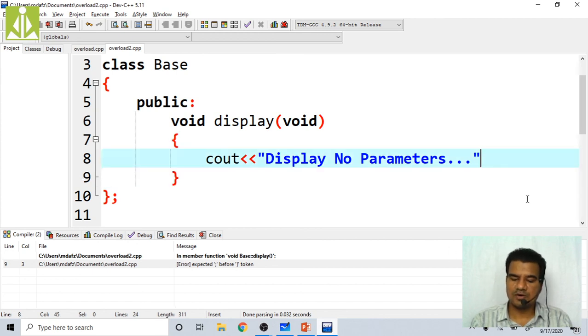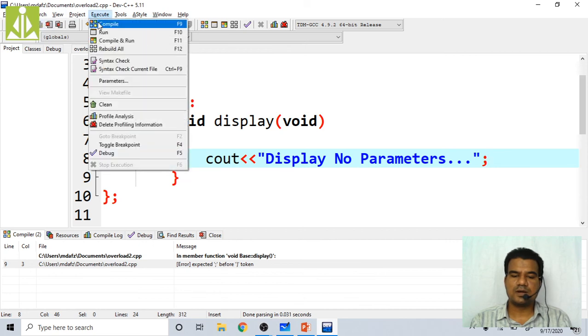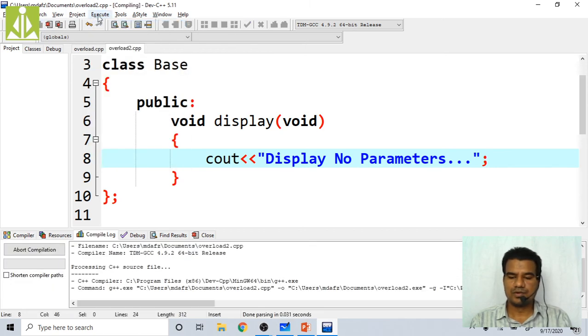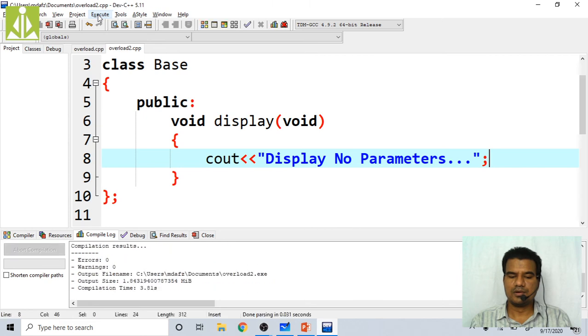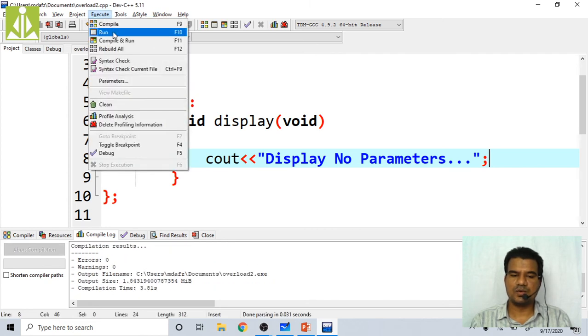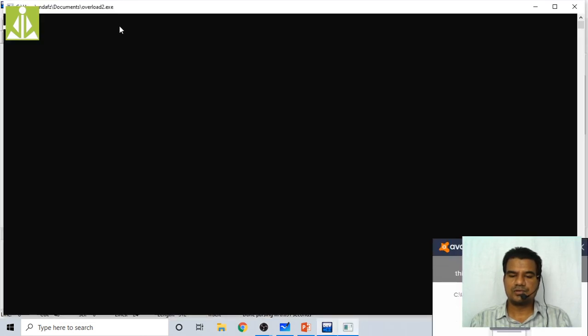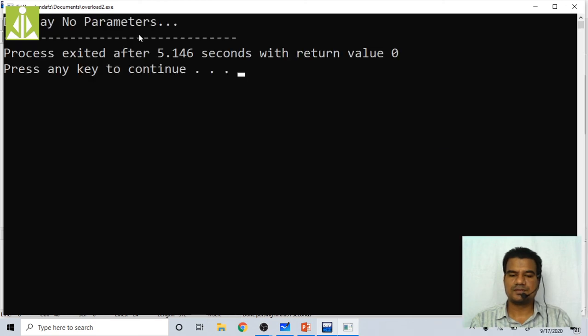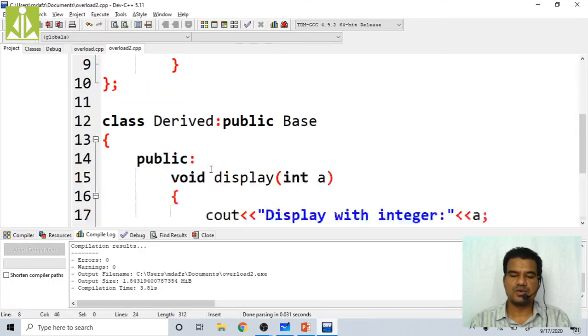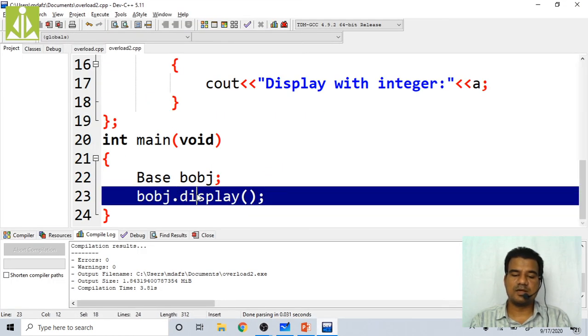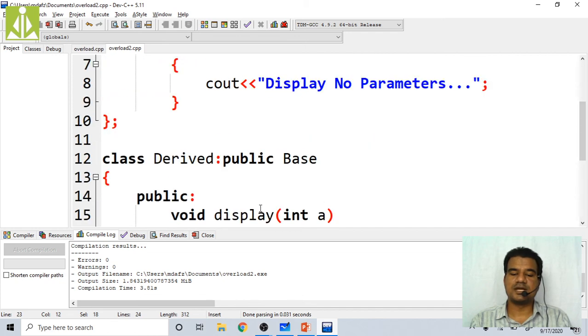Yeah, here we need the semicolon. Save it, compile. Successfully compiled, execute, run. As you can see, we got that message from the base class: display no parameters. So this display function from the base class is getting invoked.